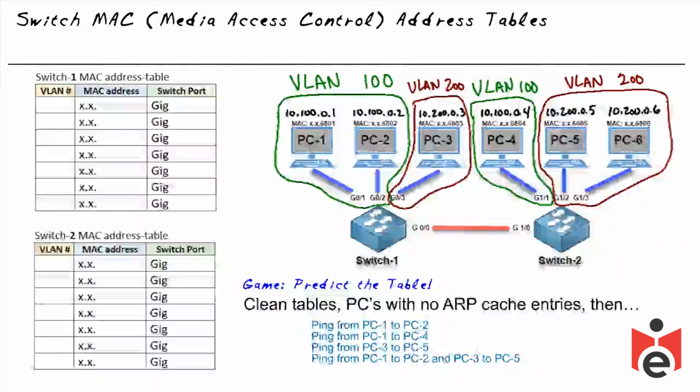And here's what I'm going to invite you to do. I'd like you to take this final scenario, which is a ping from PC1 to PC2, which we've done previously on its own, but combine it with a ping from PC3 to PC5, which we just did. And as a result of both those elements happening, the entries that we would expect to see, and to reinforce the results after you make your predictions, you can go back to those previous nuggets where we generated that specific traffic